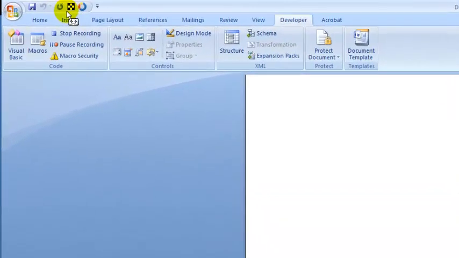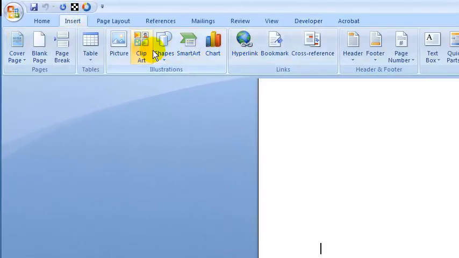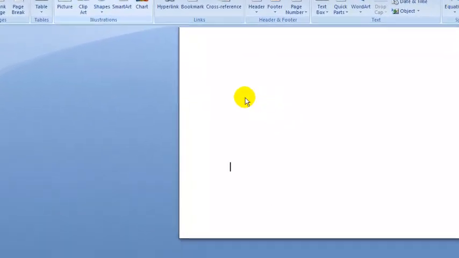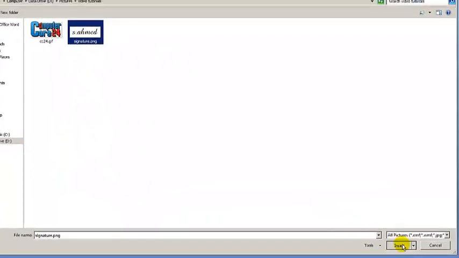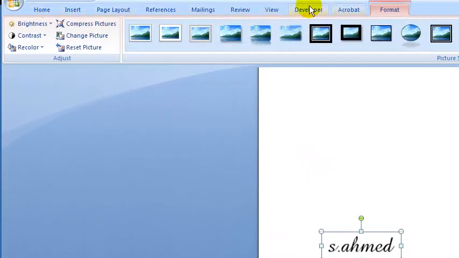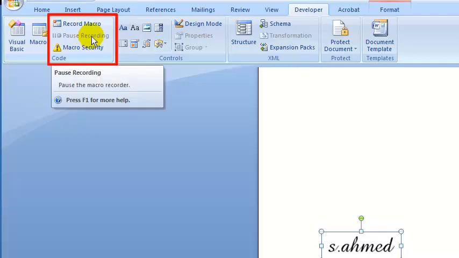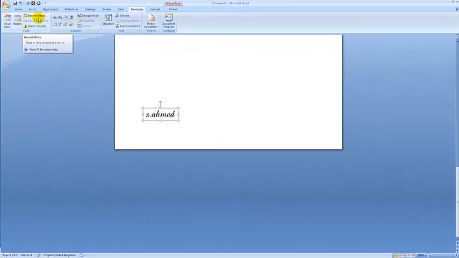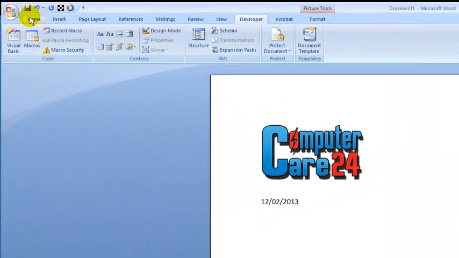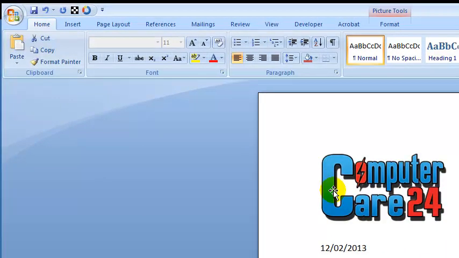and then insert picture, signature, and click insert. The image has been inserted. Click developer tab and stop the recording. You can also pause the recording if you wish to do something else, but usually just click stop recording. So there you go. This is how you create macros using both shortcut keys as well as